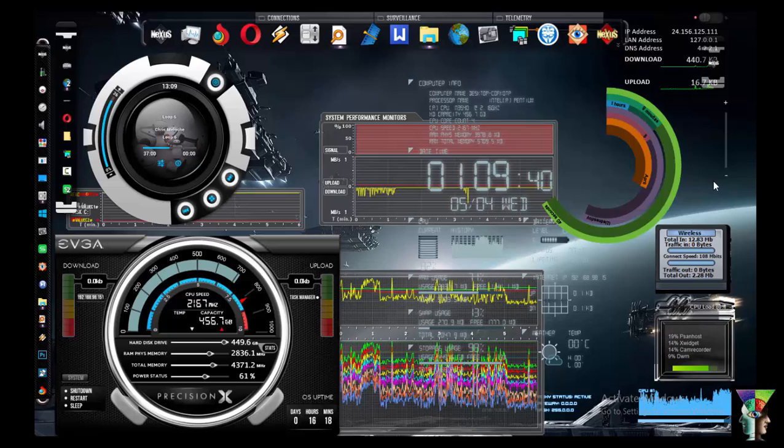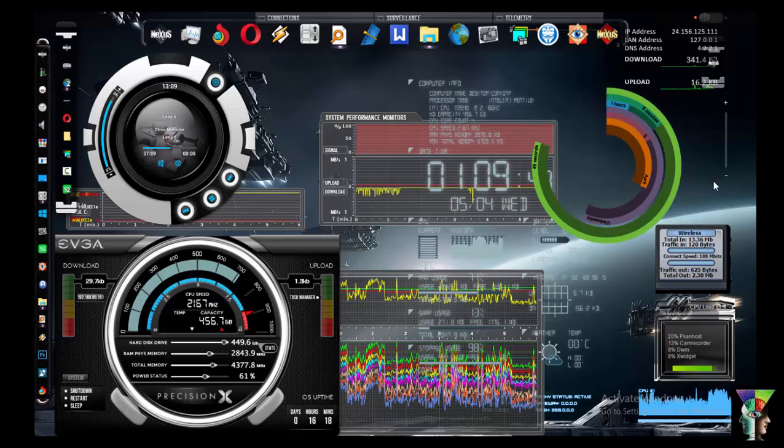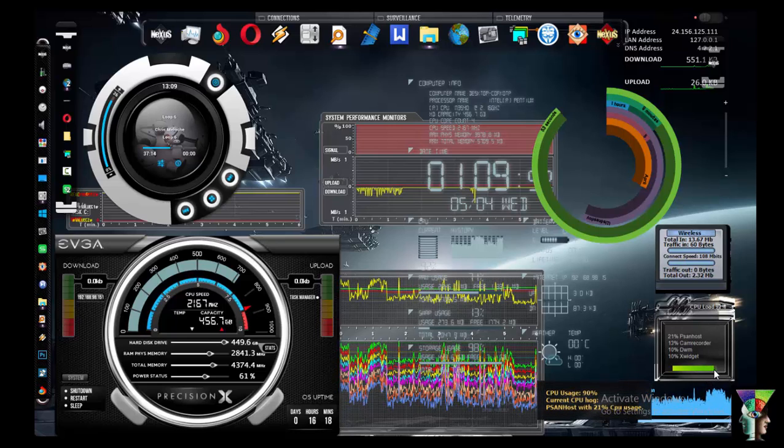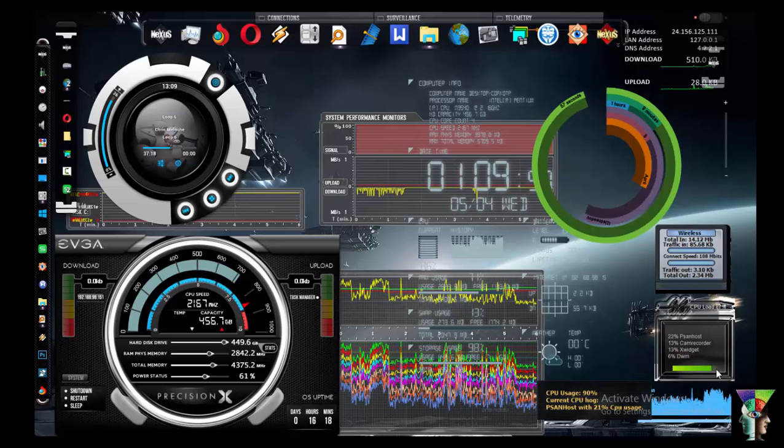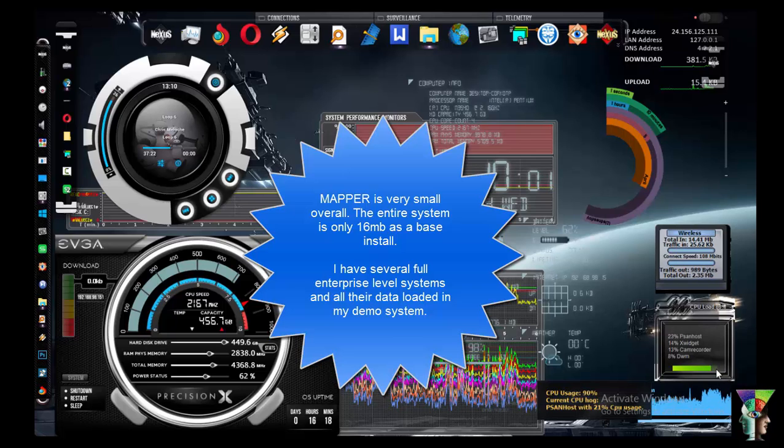Okay, that just finished. One of the things I want to point out too, I have a lot of stuff running on this desktop, a lot of cool objects, but I want to demonstrate that even though there's a lot of activity and we're throttling very high, near 80–90%, you're going to see that Mapper still operates extremely fast in a few of the things that we're going to demonstrate. So, coming back to